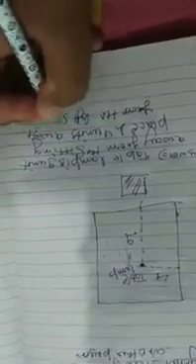Okay, away from the sitting place and 4 units away from the left side. It means this is 9 unit from the sitting place, and from the left side it is 4.